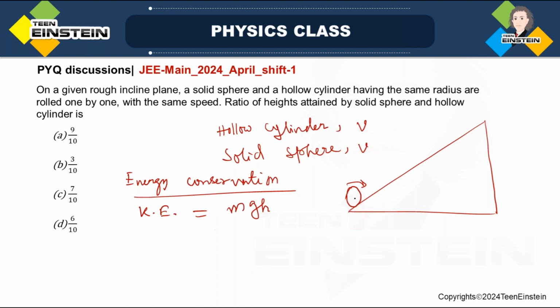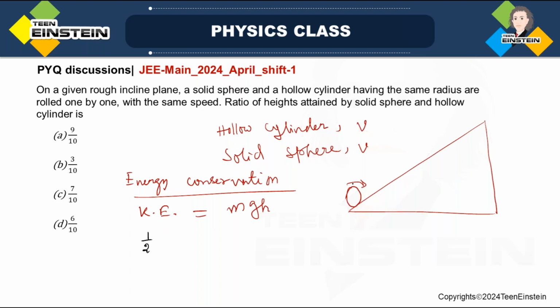So this motion is actually rolling without slipping. Okay, rolling means translation plus rotation. So what is the total kinetic energy? There is a half. If I say each of them has the same mass,